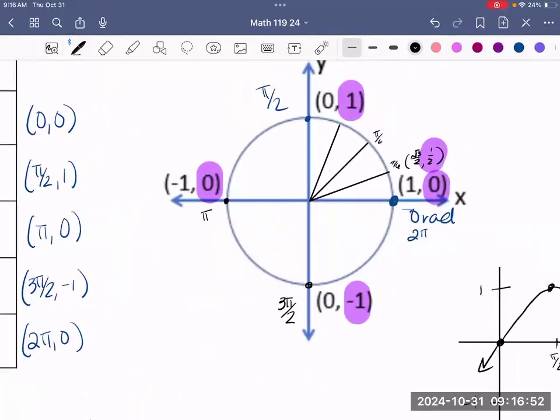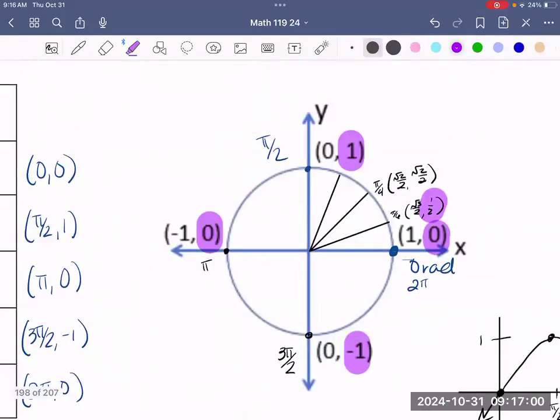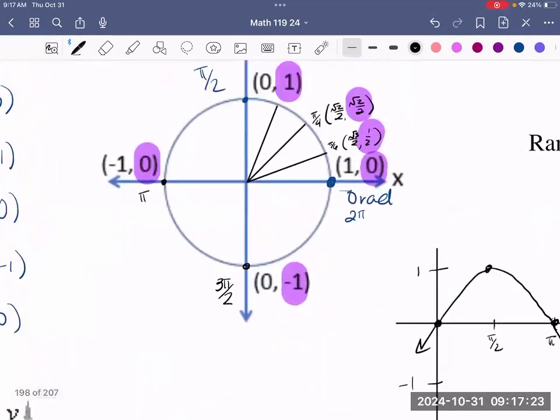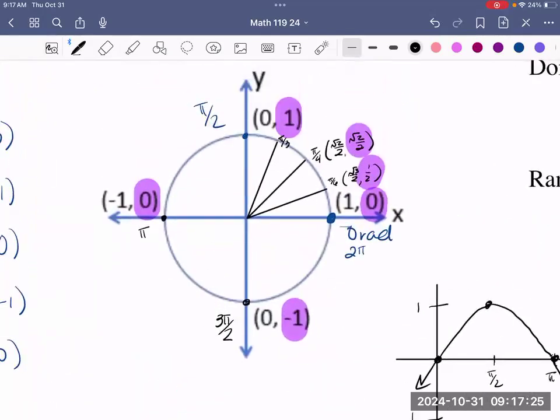At pi over 4, we're at √2 over 2 and √2 over 2. And we should see that again, just taking your y value. We should see that it's a little bit larger because it should be up here, √2 over 2. So it's right over here somewhere. √2 over 2 there. And then if we did it again at pi over 3, we have the coordinate 1/2